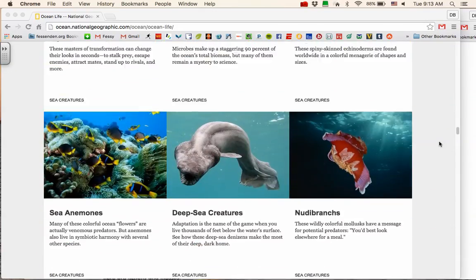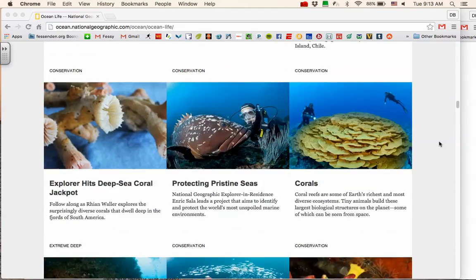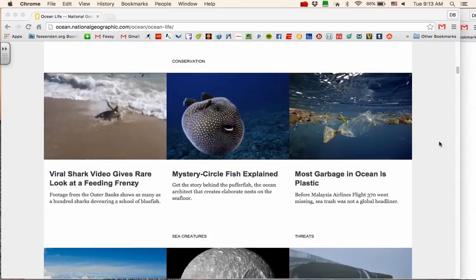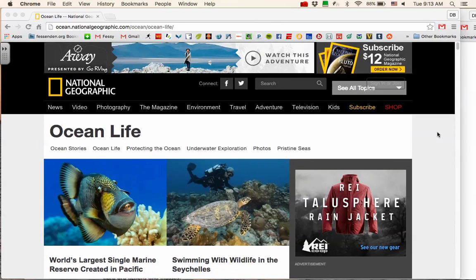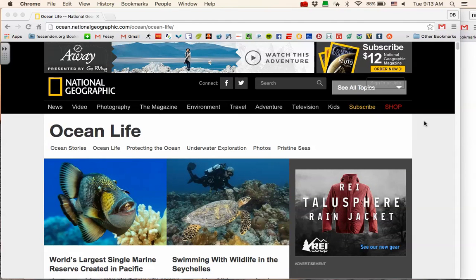So I could keep scrolling. However, let's say, for example, that I am looking for information just about coral or life in the coral. On your Chromebooks, if you hold down the Control button and tap F,